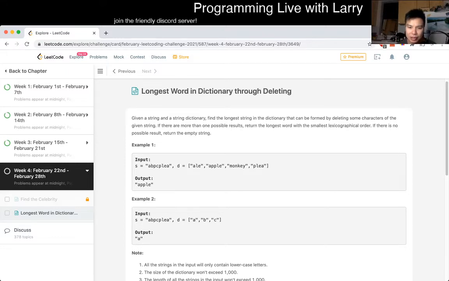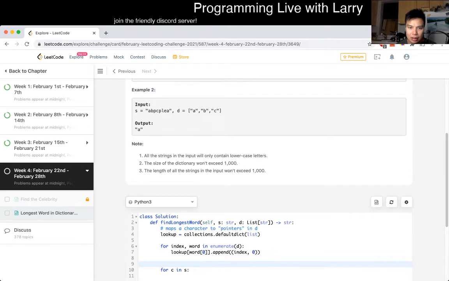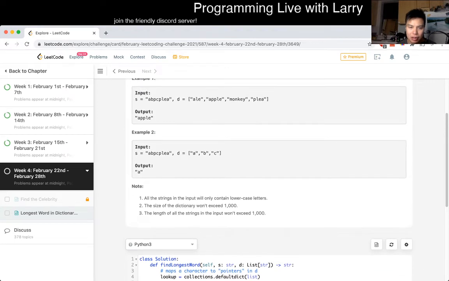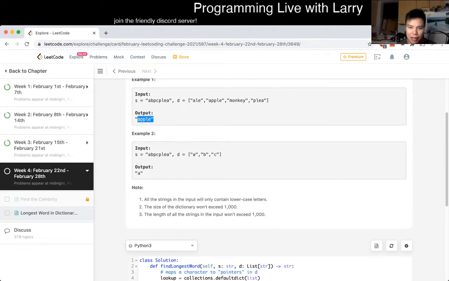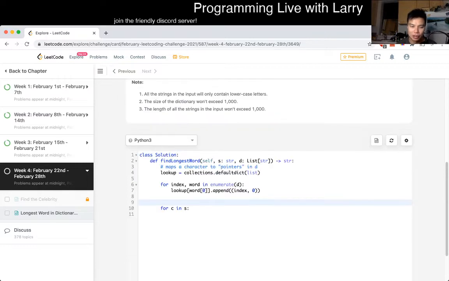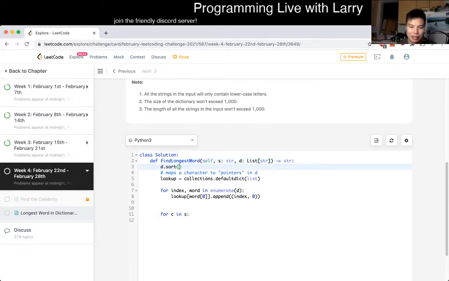Yeah, actually, I guess we could sort it, because we only have to return the word. We don't have to care about the original order. So we can just sort the index, and then the word index means the tiebreaker. The first tiebreaker will be length, and the second tiebreaker will be earlier in the sorted list. Okay. So now we have a best